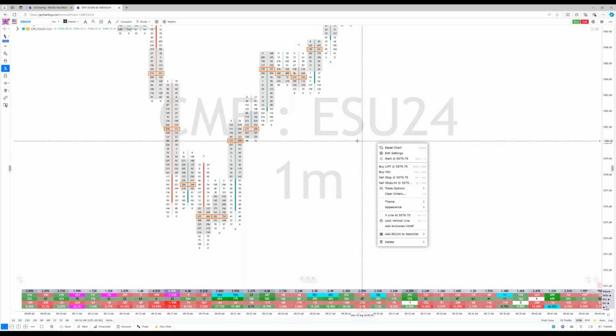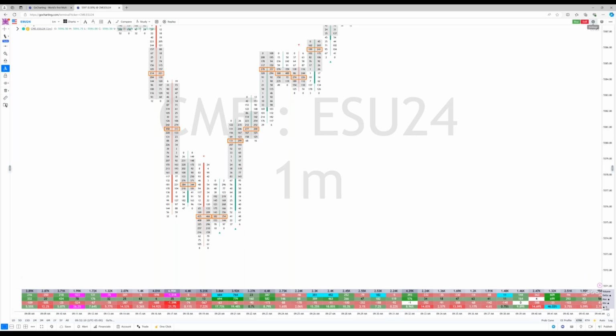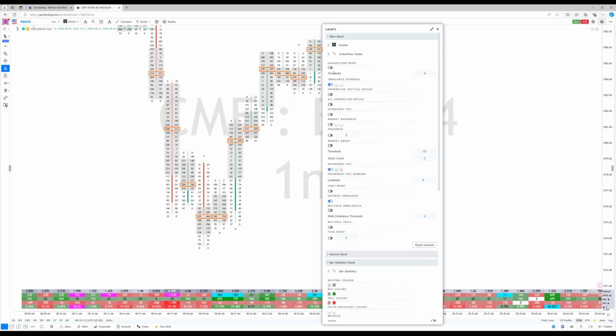Okay, so let's take a look at some of the Orderflows Trader settings. There's a lot of tools on here. People always ask, what's the best tool to use? Well,